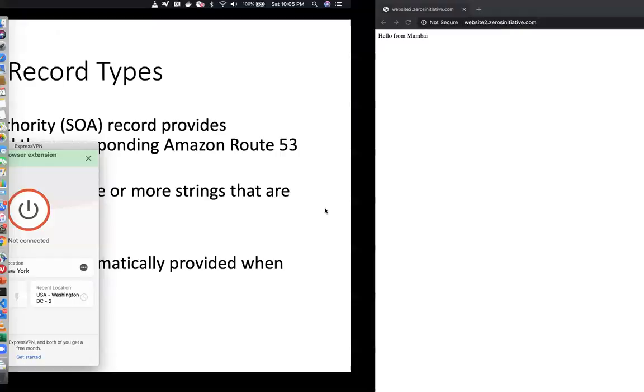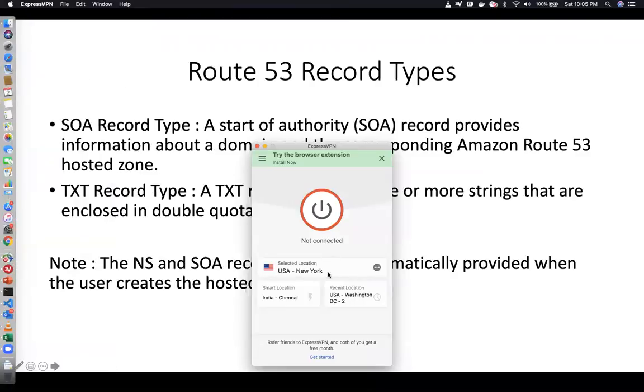However many times you reload this, it will only go to Mumbai because your geolocation is Chennai, and obviously you're close to Mumbai rather than Northern Virginia, right? But then I'm going to bring in the twist over here. I do have a VPN, Express VPN, I think. Yep. I'm going to connect to New York over here, and let's see how this changes.